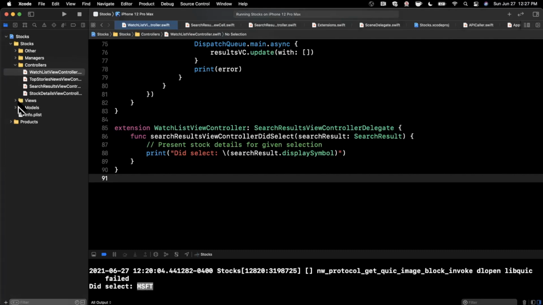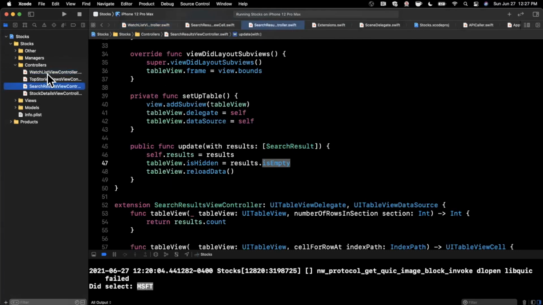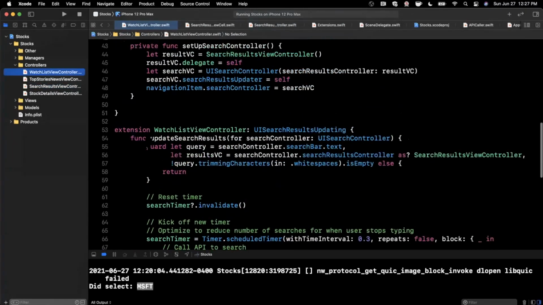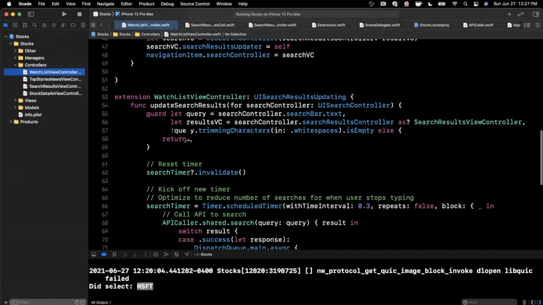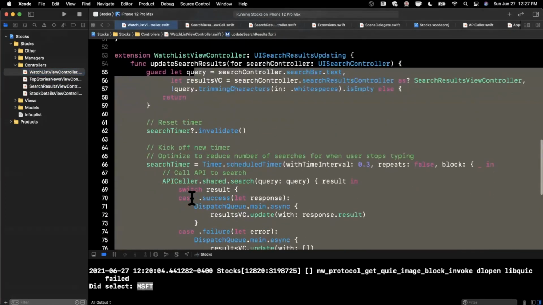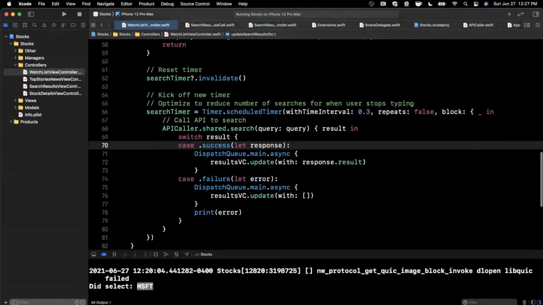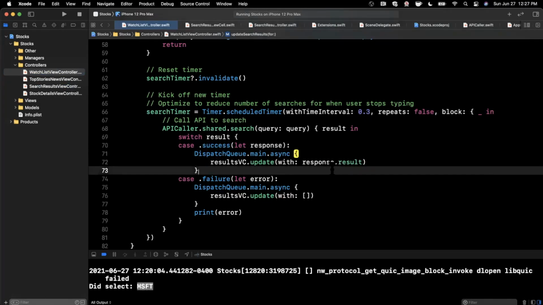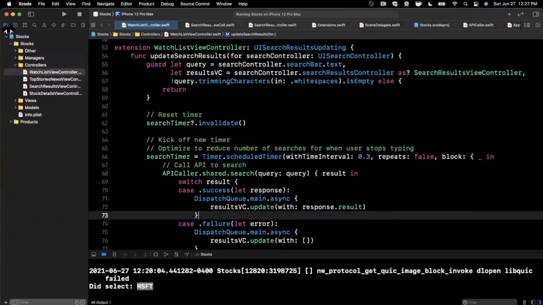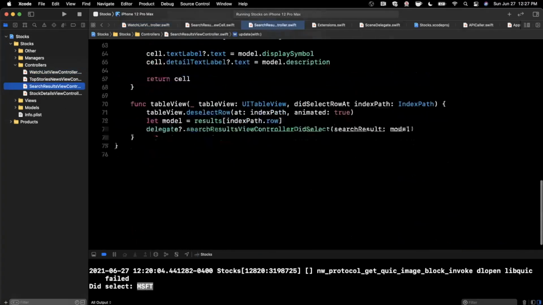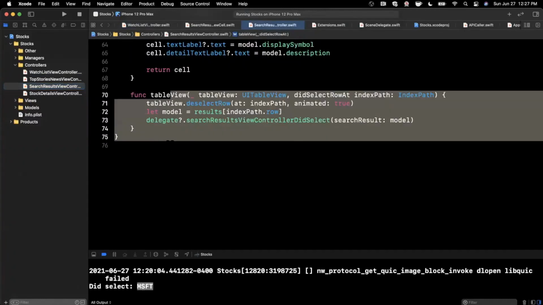So what did we actually do here? We have a results controller and this watch list. Now this watch list controller actually goes and performs this API call with our query that we have typed in, and if and when it gets results, it updates the search results controller with empty results or our given results here. The problem now that arises in the results controller is when the user selects one of the rows that